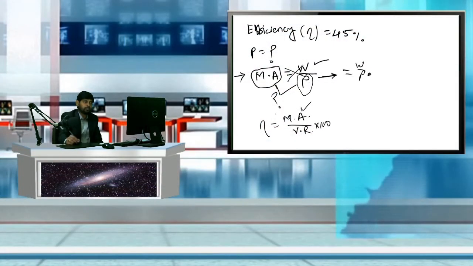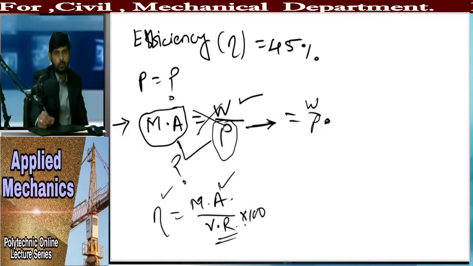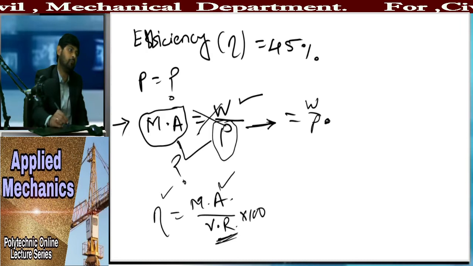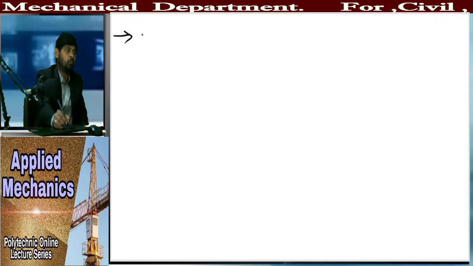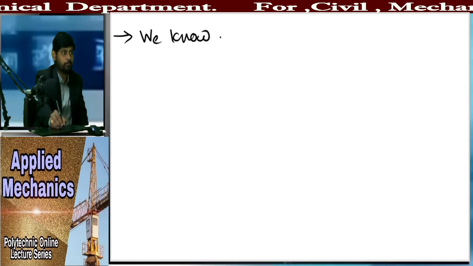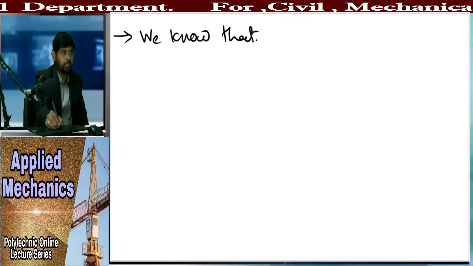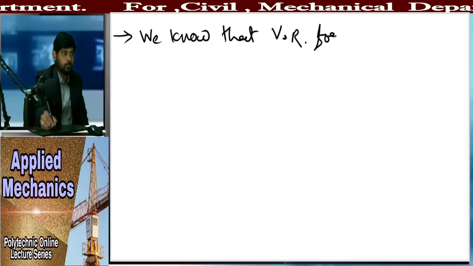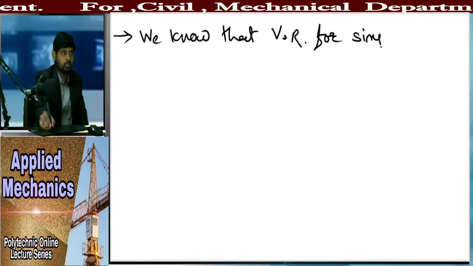Efficiency is given, and the second thing we need is the velocity ratio, which is not given to us. So the first thing we have to find out in this problem is the velocity ratio. We know that the velocity ratio for the simple screw jack